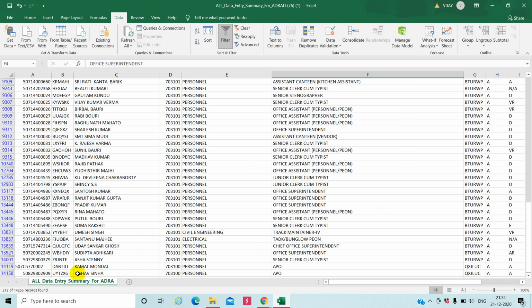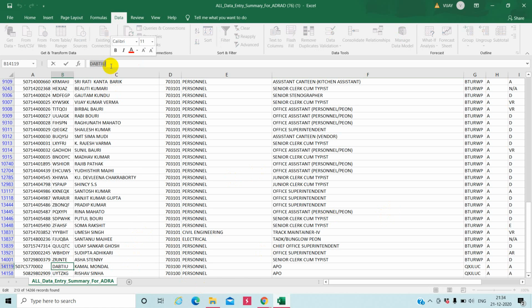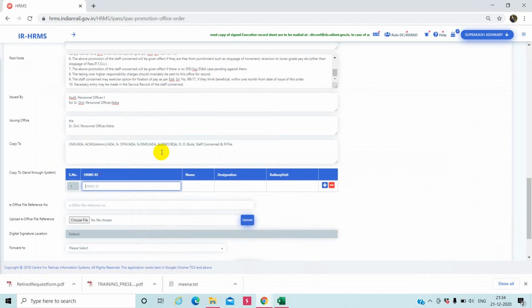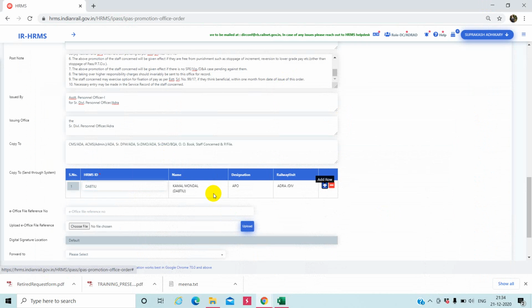Suppose I am sending this order to this HRMS ID, to this officer. I am giving the HRMS ID of these officers, and as you can see, this is Mr. Kamal Mandal, APO, Adra Division.